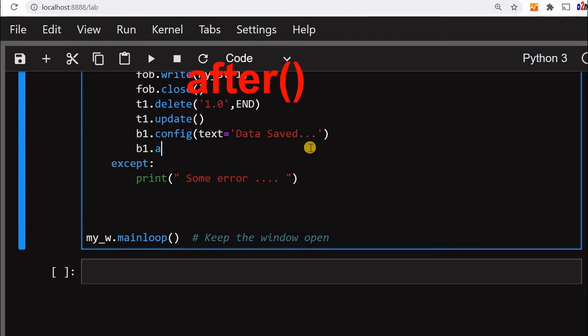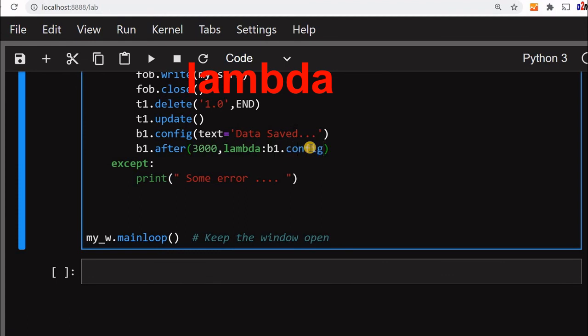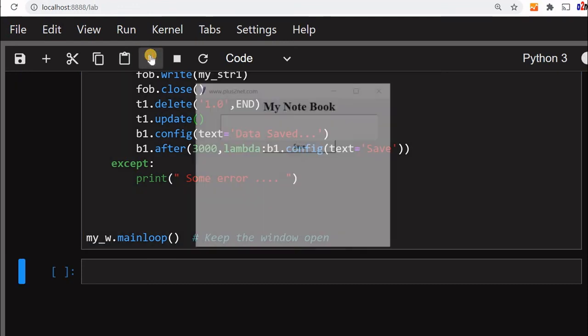We'll say b1 dot after 3000 milliseconds or 3 seconds, you can change it to whatever you want. We'll say lambda, now b1 again config, text equal to the old save will come back. Now let's try this, how it looks.